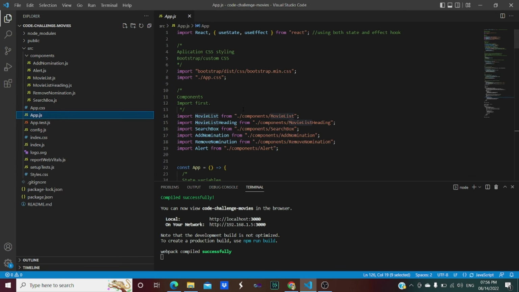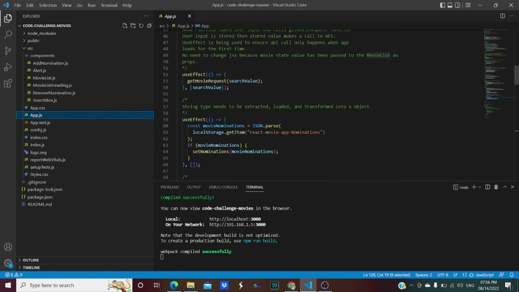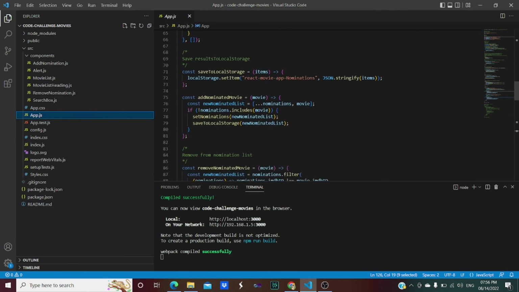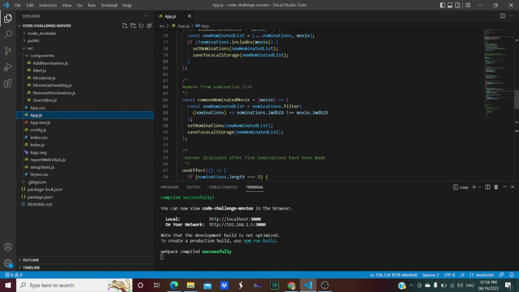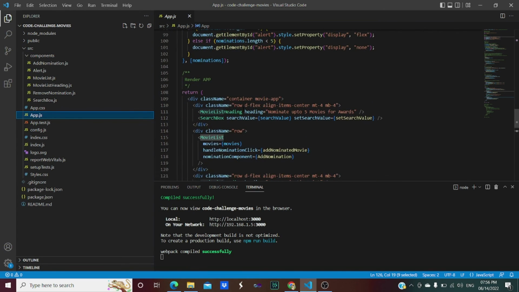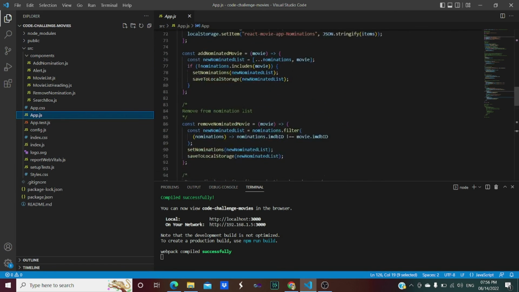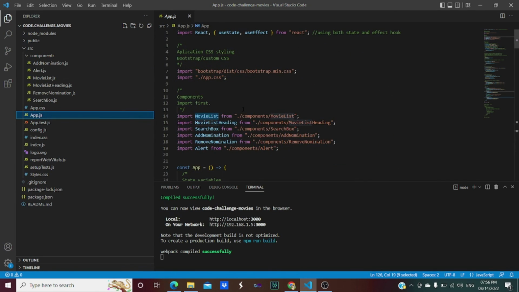So these are the important files that you are able to see, and I have given the explanation of all those things that I have included within my application to display different things on the page. These were the files that I have developed. So this was the explanation related to the code that I have written for the coding challenge.